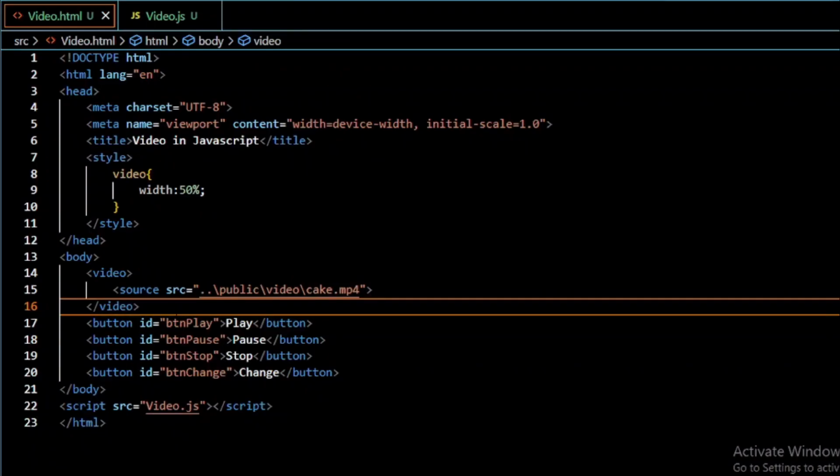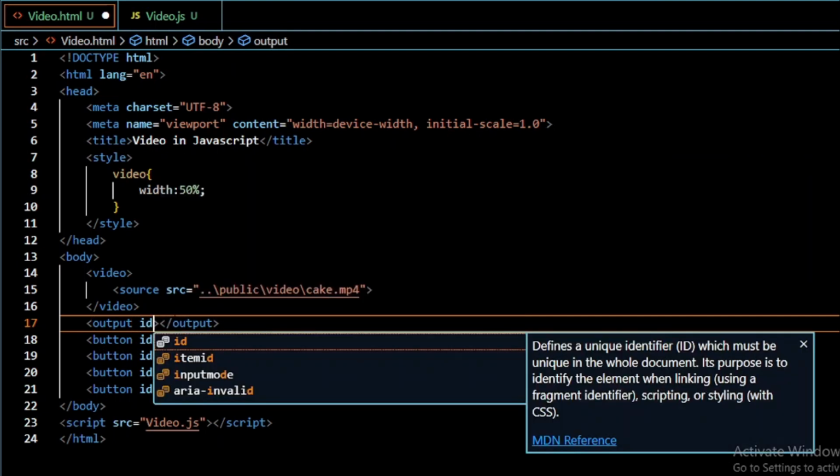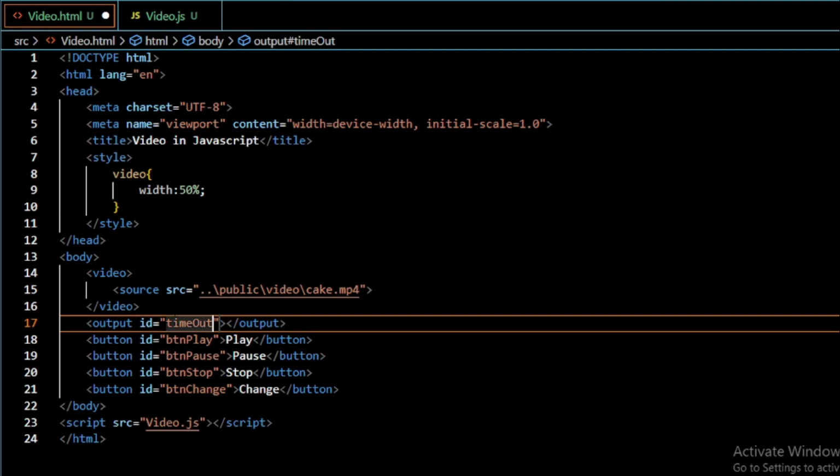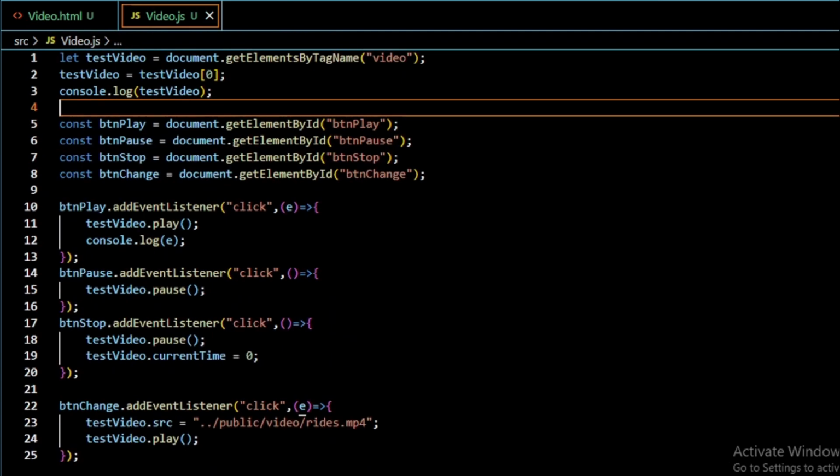Now we are going to show the time lapse for our video. For that, in our HTML file we are going to create our output tag just below our video tag and give it an ID, say timeout. I'm putting its initial value as 0. So in our JS file